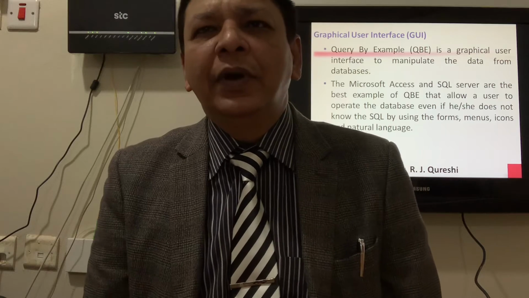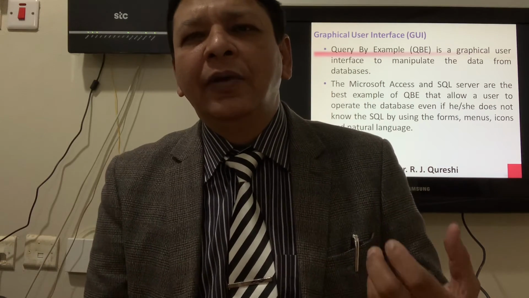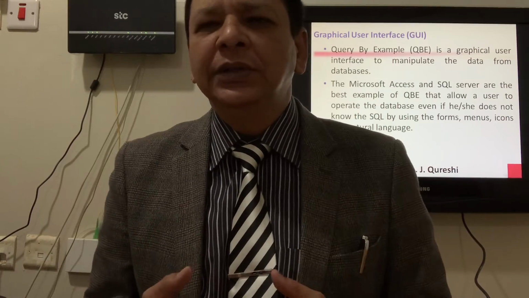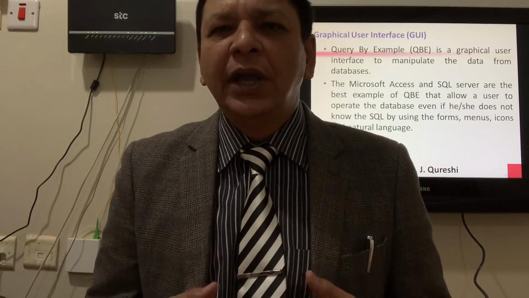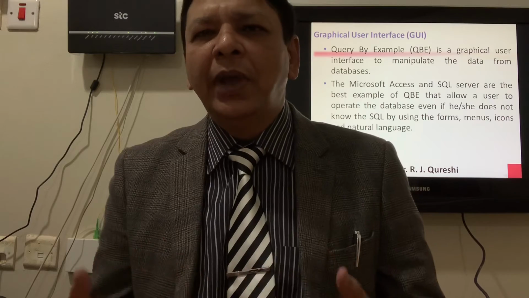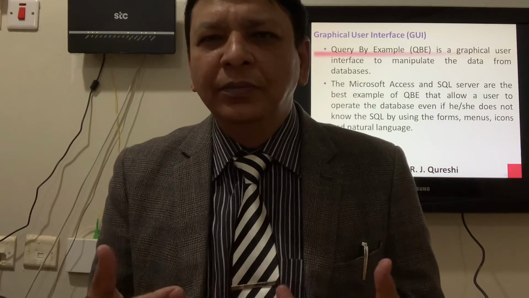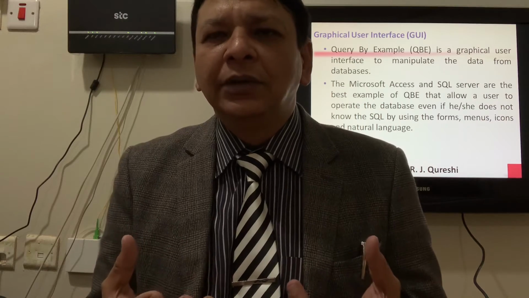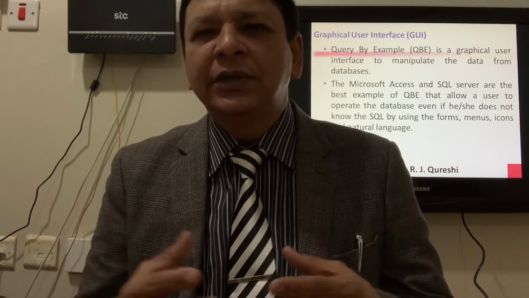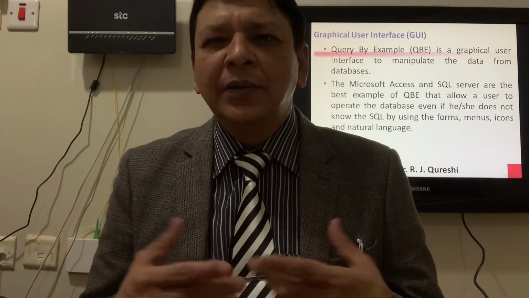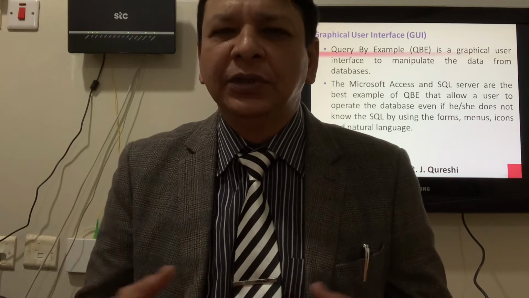For example, we have forms and we have menus. The graphical user interface is a method of interaction in which we have forms, menus, icons and natural language. A form is a document in business terminology which has some predefined data and some space to be filled by the user.